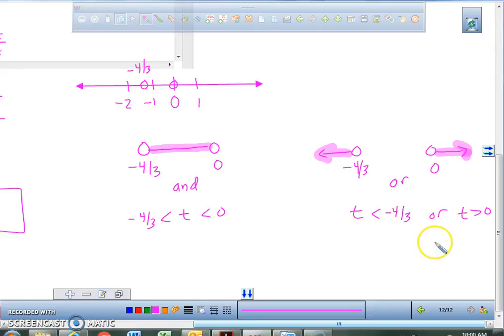We know that 2 works, right? We know that